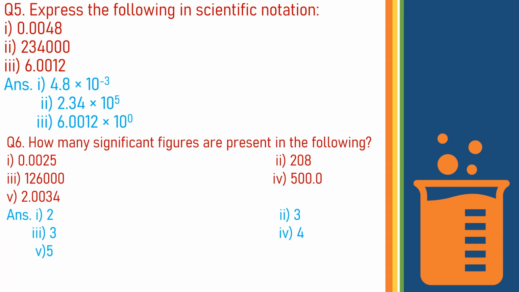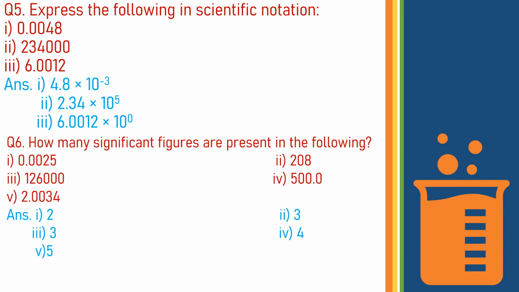126000. How many significant figures does it have? It has only 3 significant figures. Why? Because we are knowing the rule that if a number ends in 0 but these zeros are not to the right of a decimal point, these zeros may or may not be significant. So now moving further towards the fourth one, that is